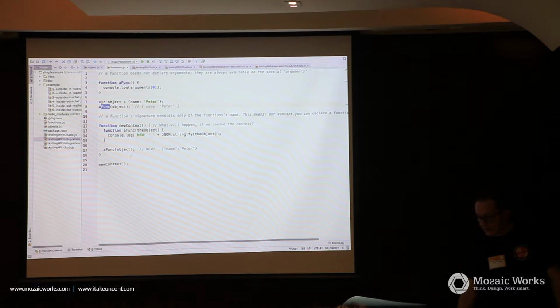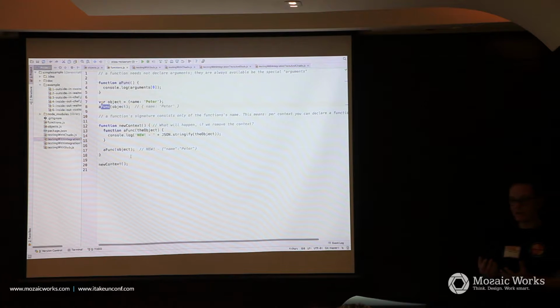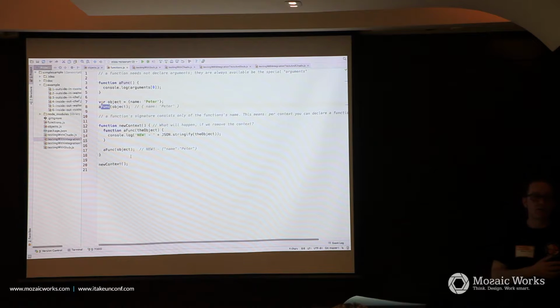And the next thing, what surprised me in the beginning was, if you declare something again and again and again, it's okay. JavaScript doesn't complain. So it just replaces the previous declaration. So if you want to declare something in a context, you don't have these curly bracket contexts like you have the blocks in C or in Java.